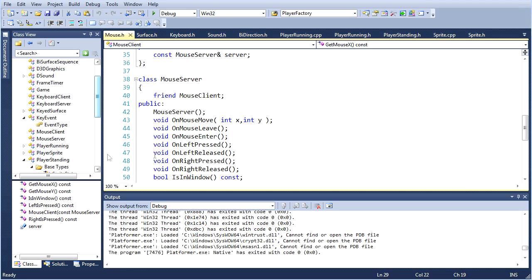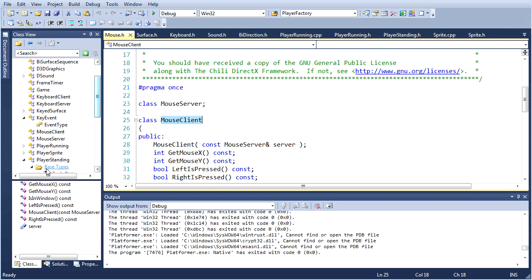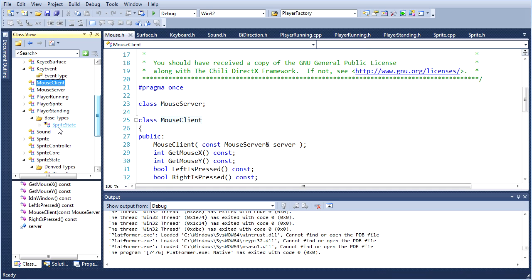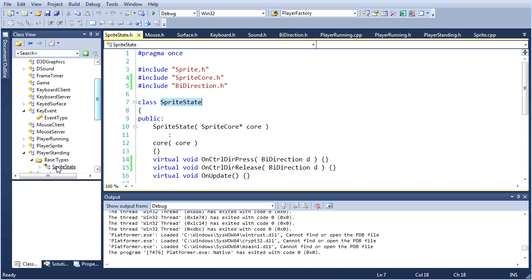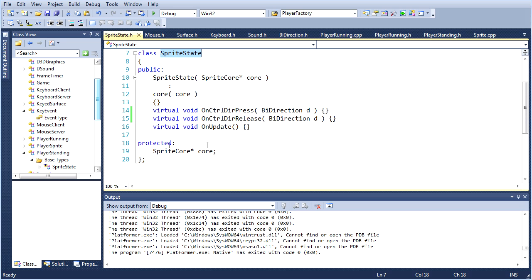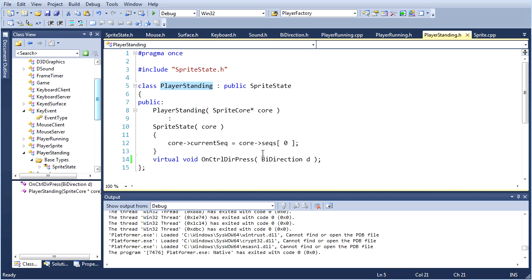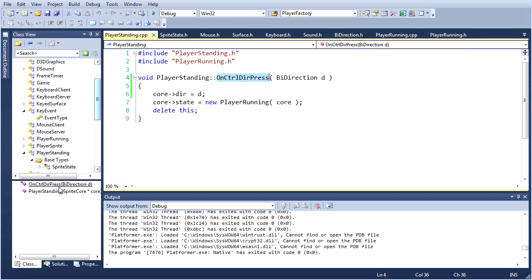Change the first. If I can find it. First I have to think so I know where I'm going. I want to go to player sprite state. If I look at some code, I'll remember what I want to change. Player standing on direction press. All right, so change number 1 I want to make is,